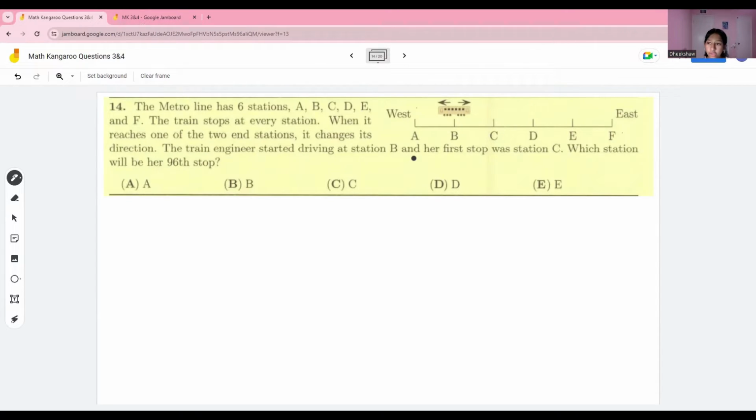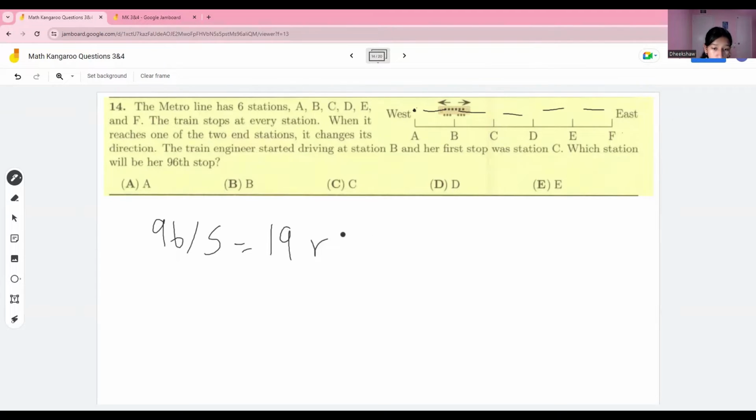So a common mistake for this problem is people tend to believe that they divide 96 by 6 and solve from there. But if you notice, for example, if the train were to start from station A and go to station F, it's 1, 2, 3, 4, 5. The train makes 5 stops. So we have to keep that in mind. So 96 divided by 5. For those of you who can do math quickly, it's 19